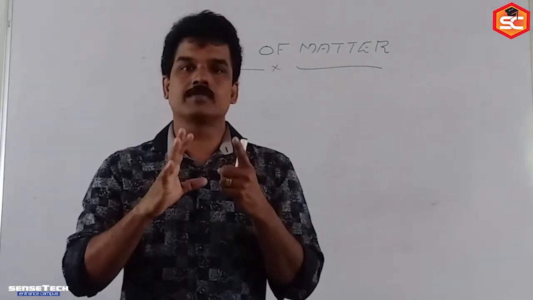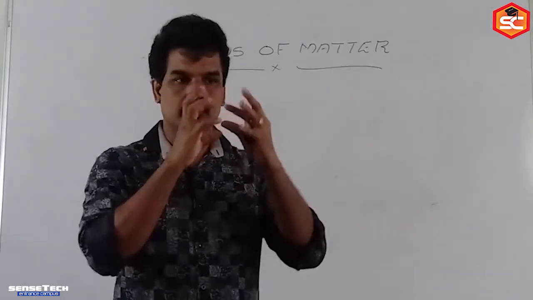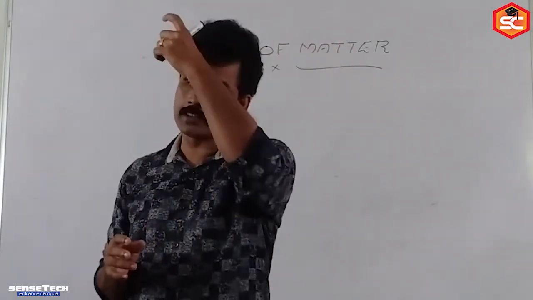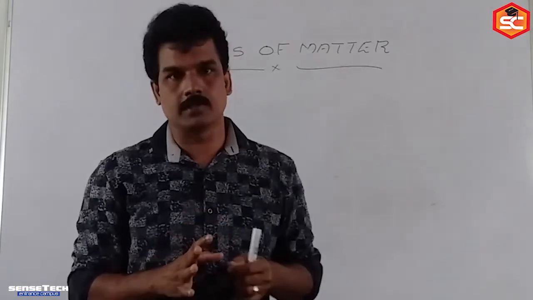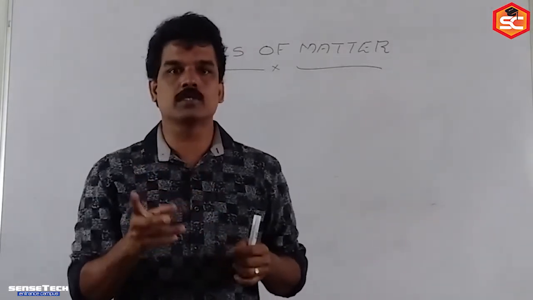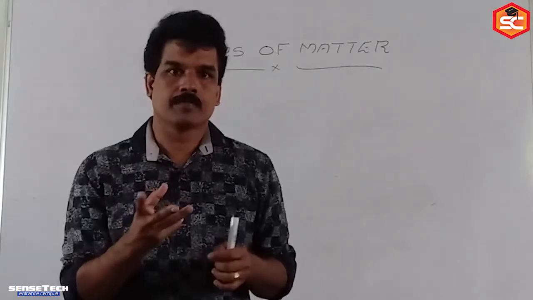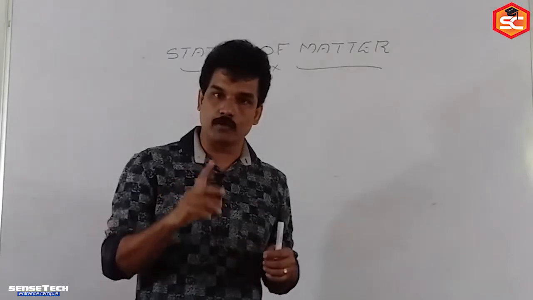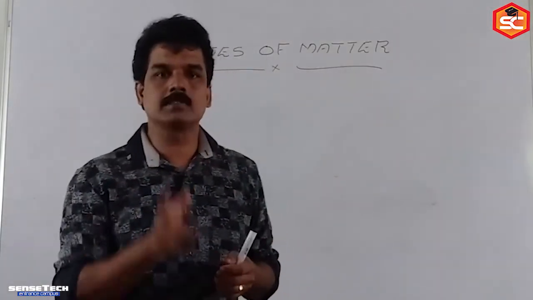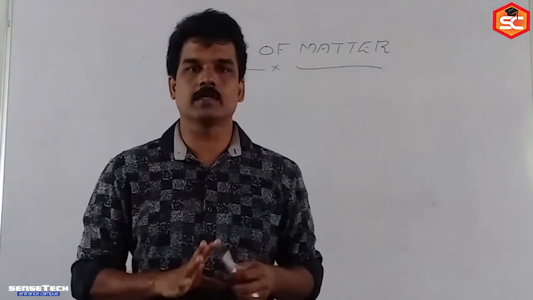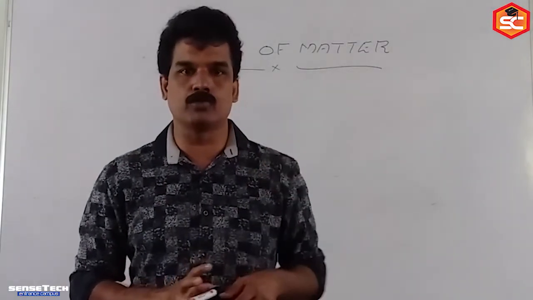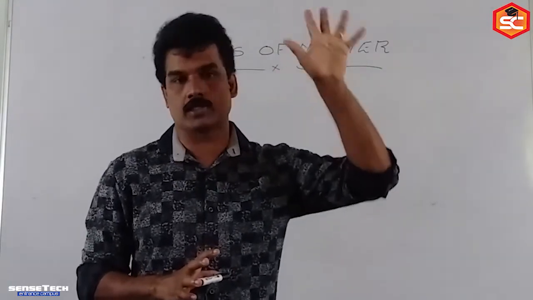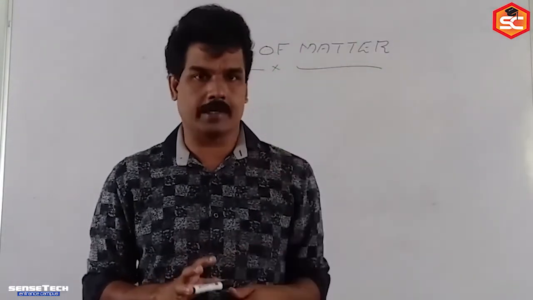In the case of all atoms, they are stable: the center part is the nucleus and electrons are equally distributed around the nucleus. That is the stable condition of an atom. But under some circumstances, an unequal distribution in the electron cloud creates a charge separation in the atom. That unequal distribution influences the neighboring atom also. As a result, an interaction arises between them. That interaction is called dispersion force or London force. This interaction is inversely proportional to 1 by r raised to 6. It is only a slight interaction, the dispersion force.